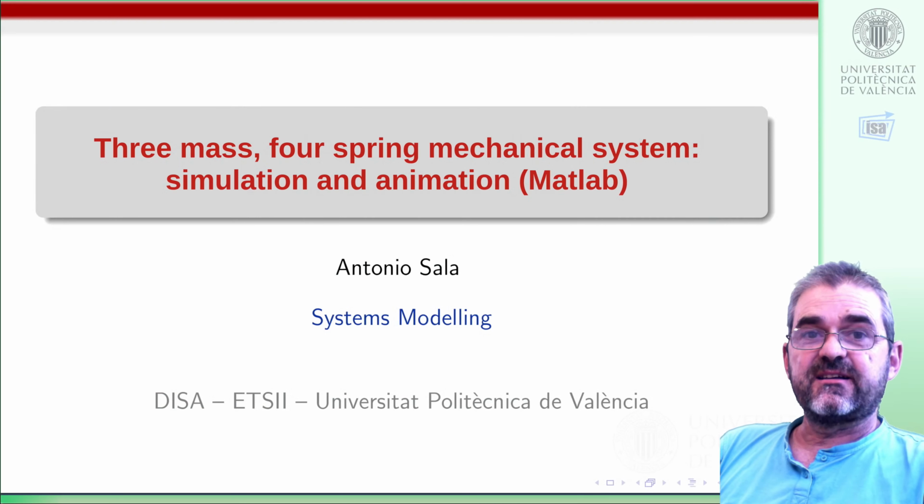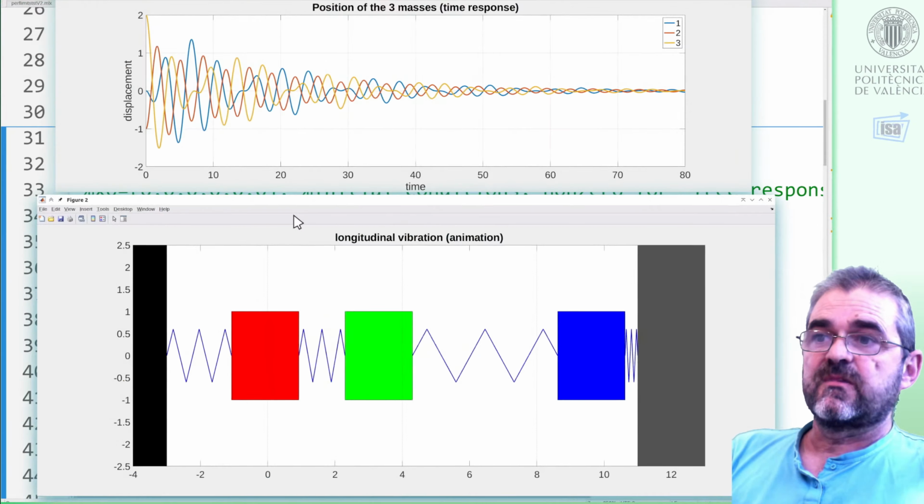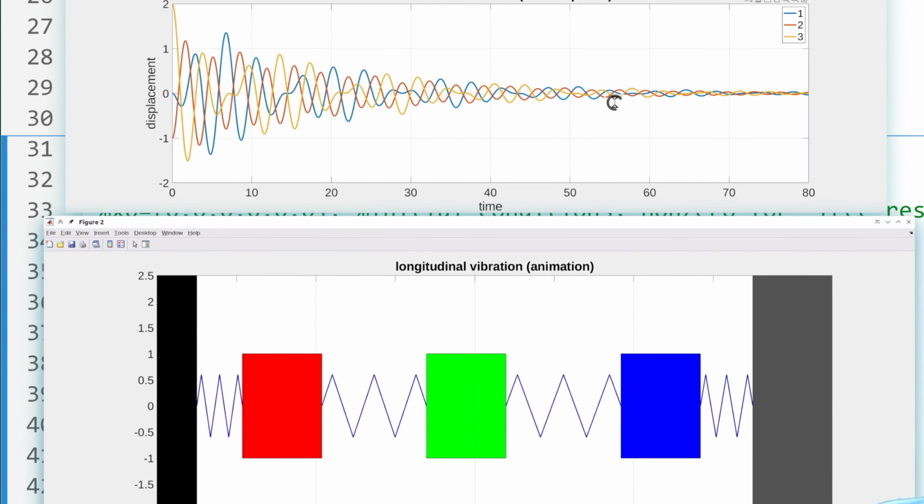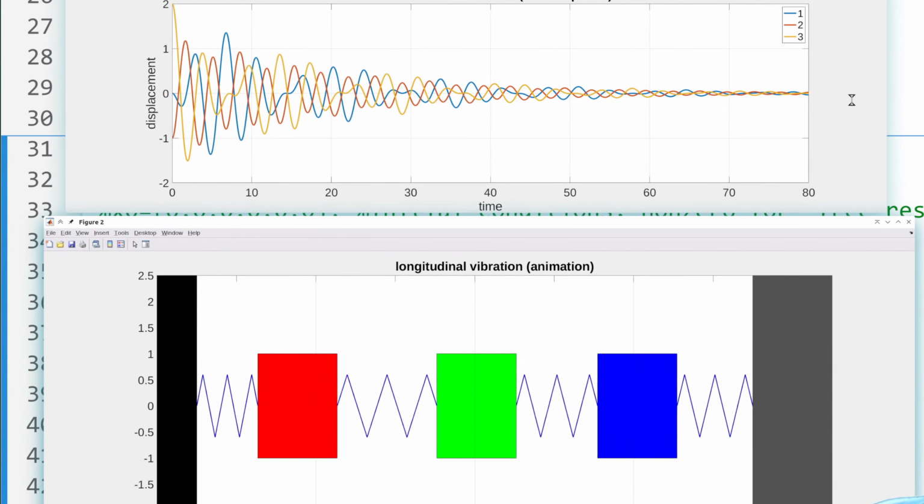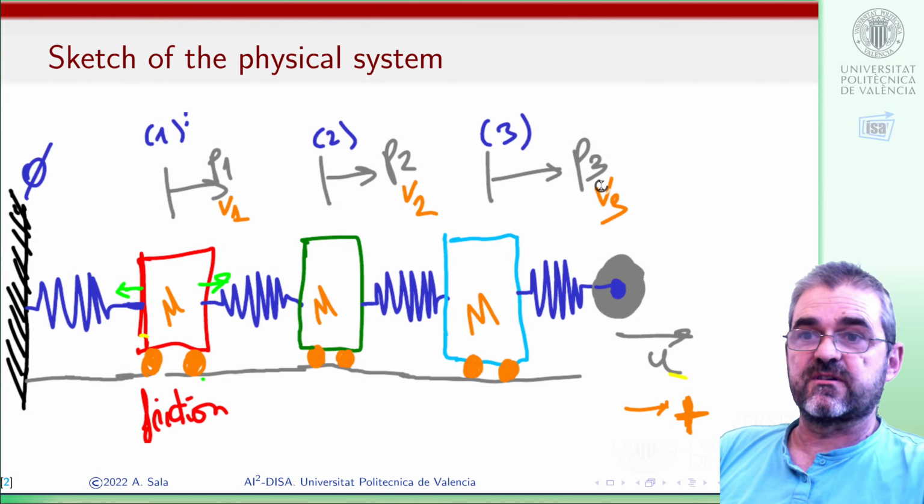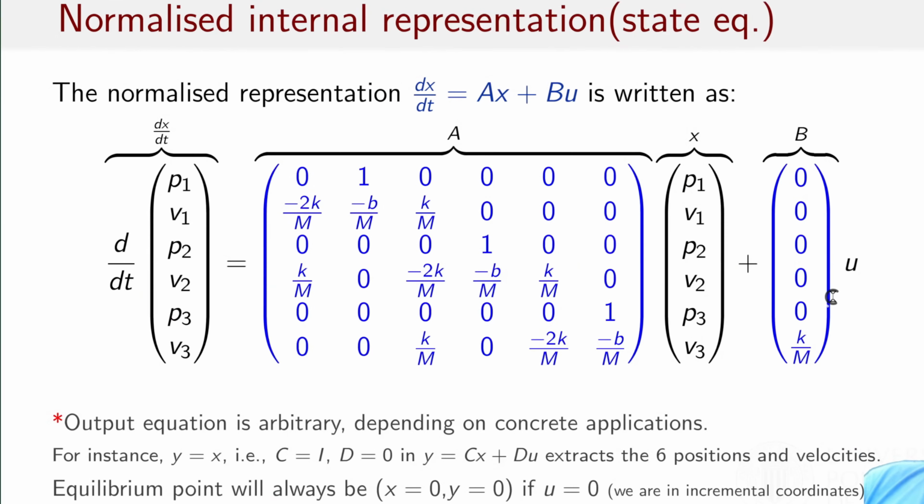Hi, I'm Sala, and in this video we'll discuss how to animate a simulation of a 3-mass 4-spring system which we modeled in previous videos. This was the system. The basic goal is understanding the code to carry out these kind of animations, let's say. Input was the displacement of the rightmost end. These were the differential equations, all masses and spring constants being equal, and this was the normalized matrix form state